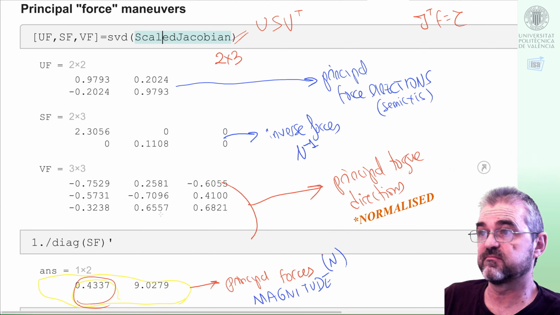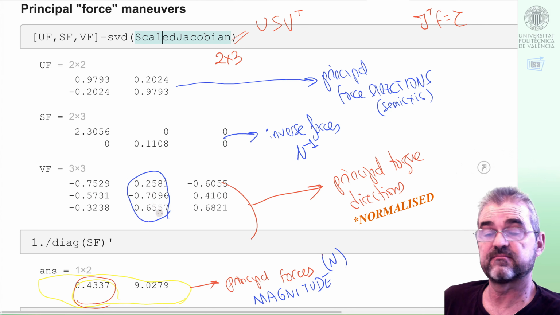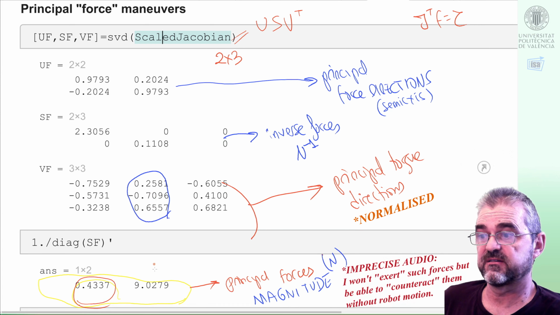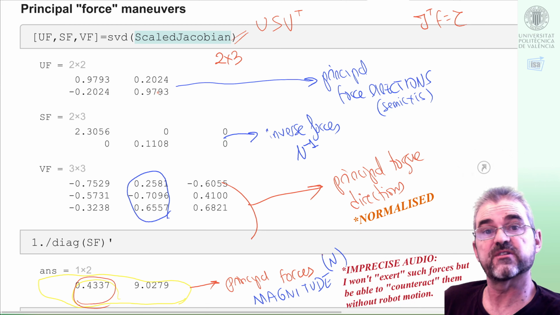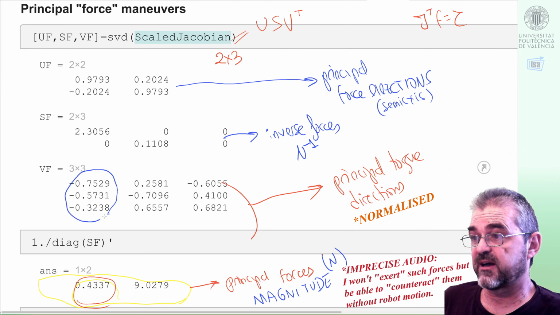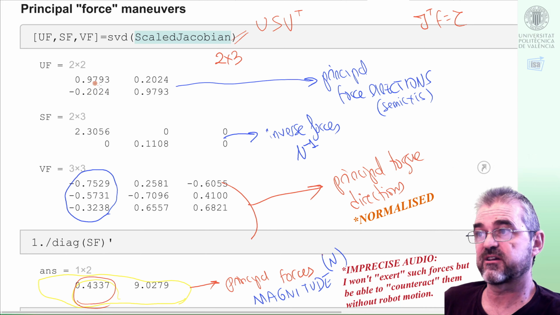This means that, for instance, when I apply this torque at joints 1, 2 and 3, then I will exert 9 newtons of force in the end-effector in this output force direction. When I apply this torque in each of the joints, which has norm 1 in scaled units, so somehow I cannot apply a larger torque, then I will exert 0.4 newtons in this second output direction given by this column of U,